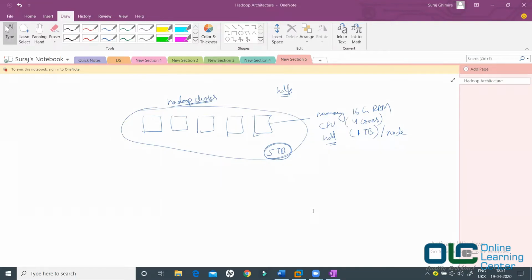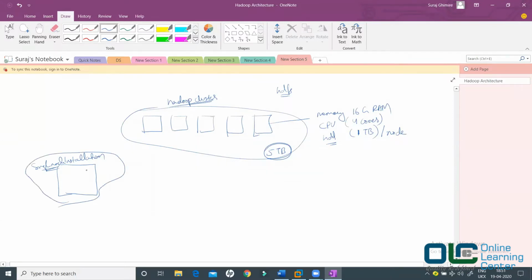right? Okay, but till now, what we have done is a single node installation, right? What we have learned so far is a single node installation. Here also, we have configured Hadoop. Here we have a cluster, but this cluster contains only 1 machine. That's absolutely okay. This cluster has 5 machines. That's absolutely fine. Some other cluster will have hundreds of nodes, and they will also have HDFS. So there will be no difference in this HDFS, this HDFS, and this HDFS.